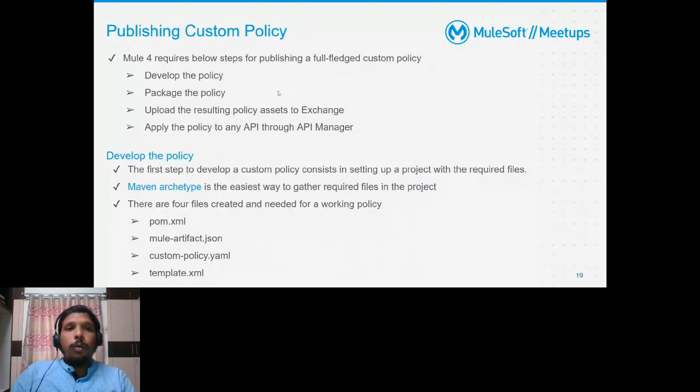Now, how can you publish the custom policy? Ideally it's a four-step process. First, you develop the policy, then you package the policy, then you upload the policy as an asset to Exchange. Once you upload it to Exchange, you can directly apply it in API Manager. Before Mule 4, you had an option to directly upload your configuration XML and YAML file to API Manager and define the custom policy name. That was the process in Mule 3 and earlier, whereas in Mule 4 and later, you have to go through this process when you want to publish it online through